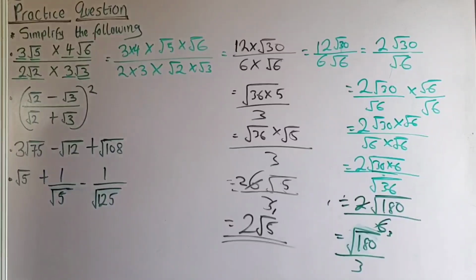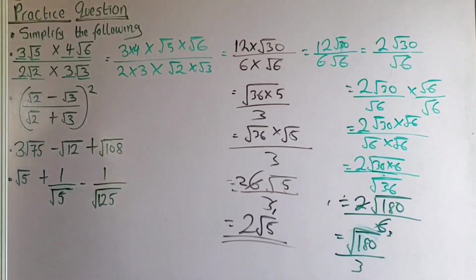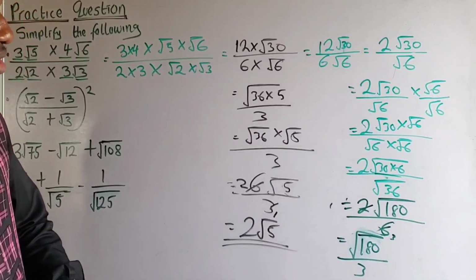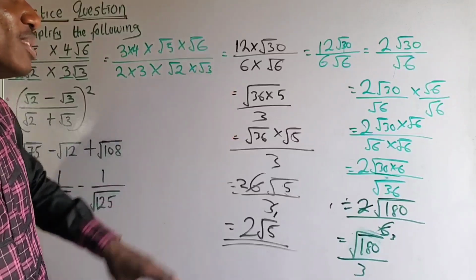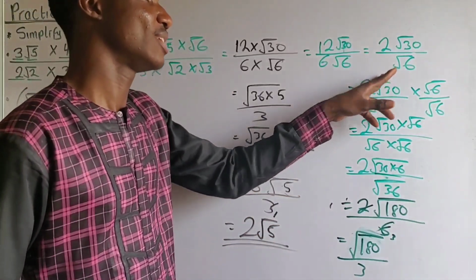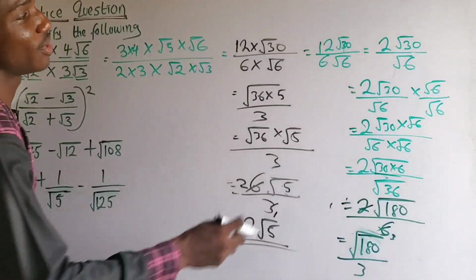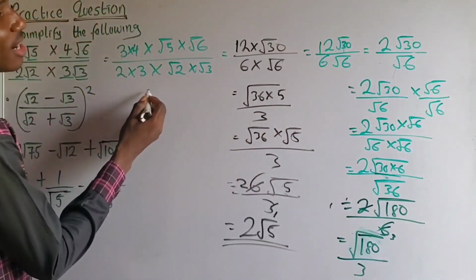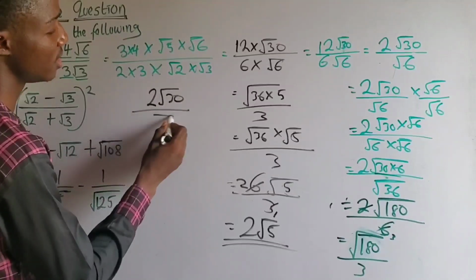Do you understand? Okay, so the simplification of this will give us 2 root 5. Okay, now you see this method that I used is a bit long. If you are solving this in objective, when you got here, you can rewrite this 2 root 30 over root 6 as